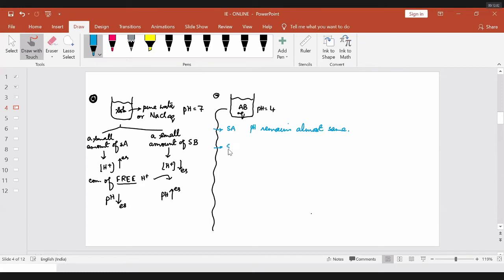Rule number 2 came. He added a small amount of strong base. He observed, or he is expecting, that pH value should increase, but pH again remains almost same. Then rule number 3 came and he diluted the solution. Upon dilution, there is an increase in quantity, there must be a change in molarity, and pH must change. No, sir, pH is almost constant. And suppose, for example, this solution AB is kept for a long duration,